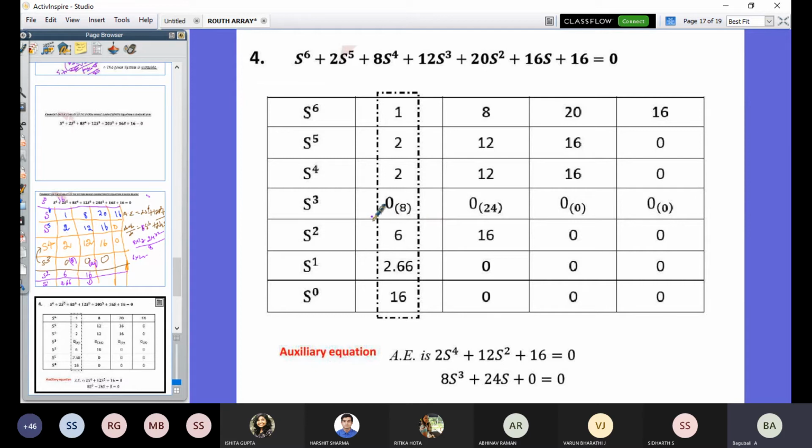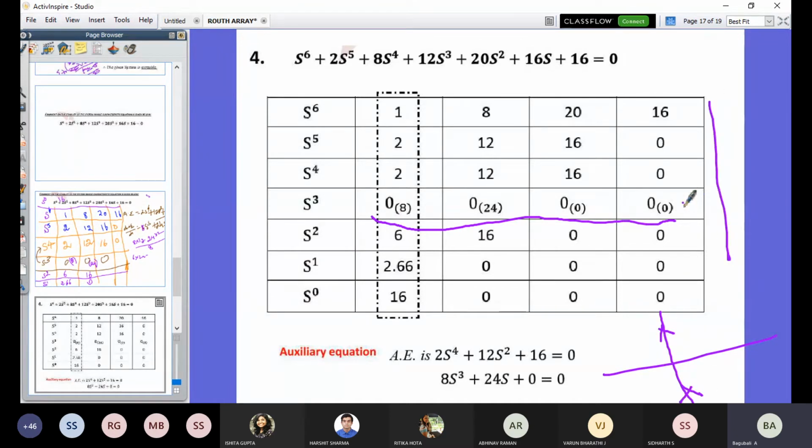So the entire row becoming 0 means there may be a chance the poles or roots are located in the j omega axis, or the second case is a non-repeated pair of roots lying on the j omega axis, and in the third case there may be a repeated pole located on the j omega axis. These three cases are possible now. In the first two cases the system is marginally stable, in the third case the system is unstable. So we are going to determine where the roots are located.